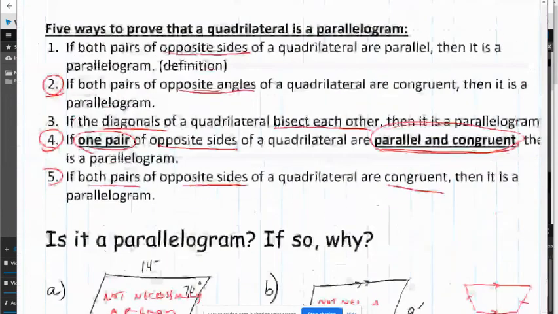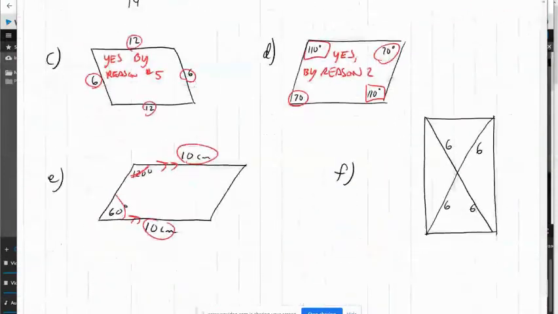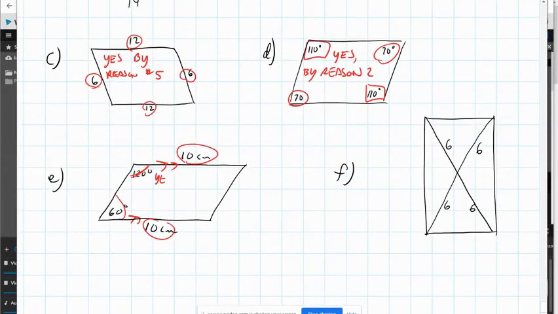And so that's what we have. So that was reason 4. So yes, by reason number 4. And then problem F, our diagonals are cutting each other in half, so that length and that length are the same,